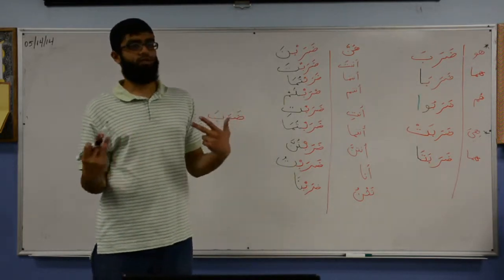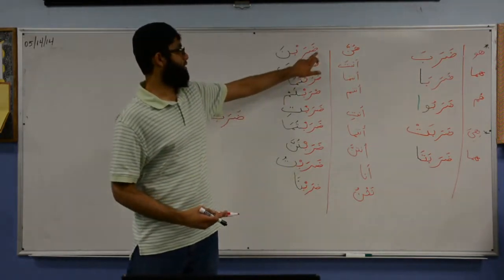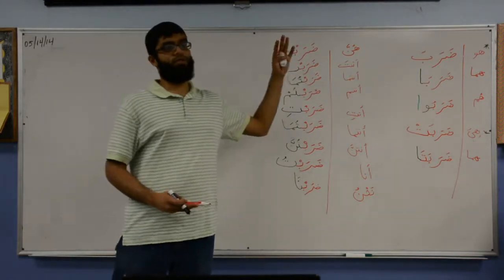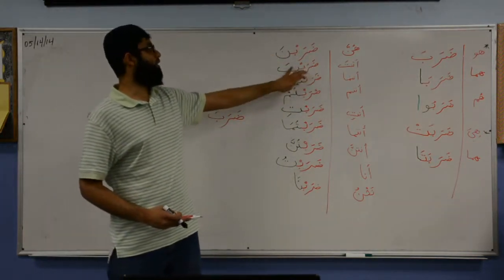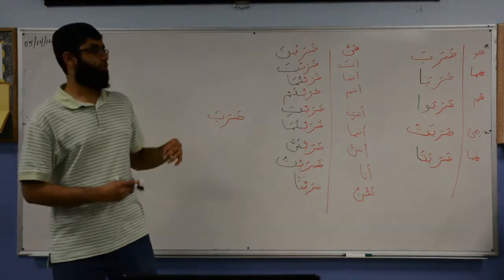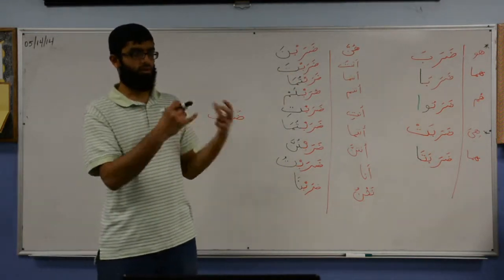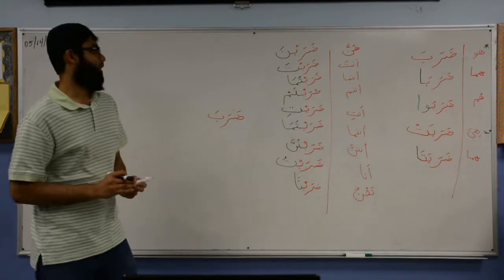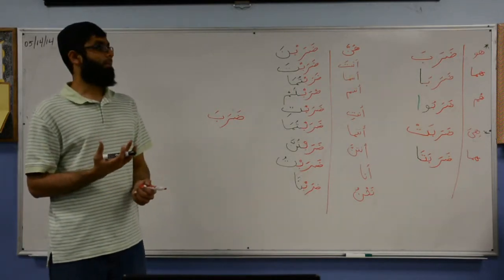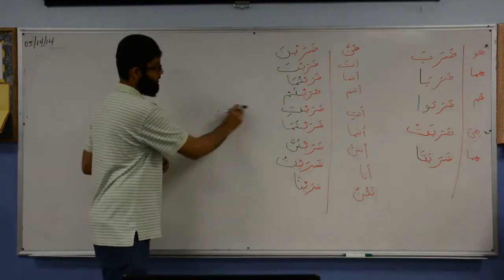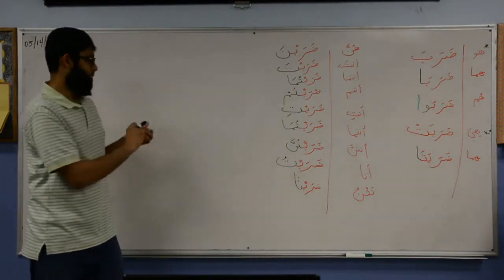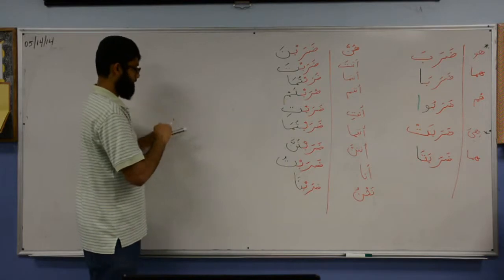And if I say where is the fi'l, where is the verb, then you're going to say darab. Darab is the fi'l and na is the fa'il. Darab is the fi'l and ta is the fa'il. Okay? So that's how you know both the subject and the verb. This is going to be important because when we get to the next lesson, what's going to happen is that there's going to be a sentence that's going to say